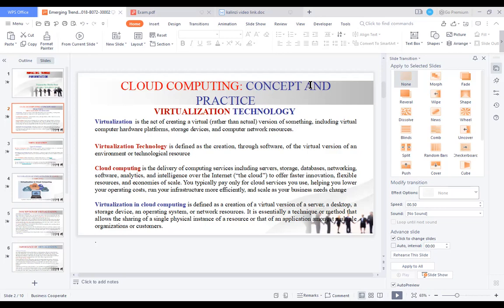So that is like a platform which helps the user to perform many tasks.